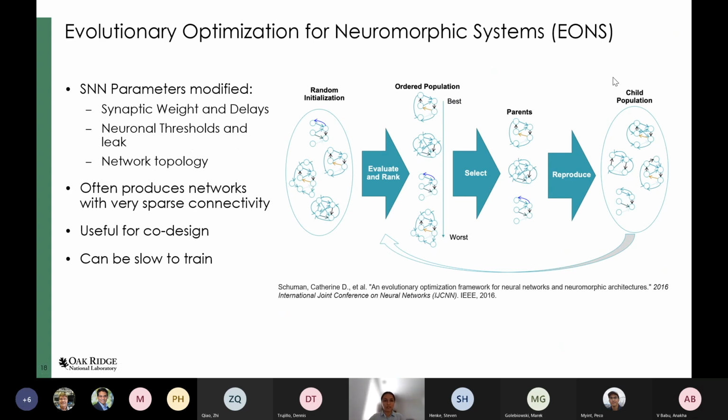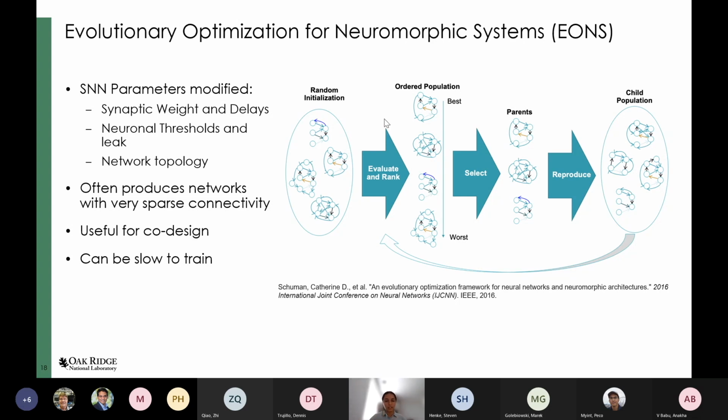One of the most prominent evolutionary algorithms for spiking neural networks is EONS, or Evolutionary Optimization for Neuromorphic Systems, which was developed by my mentor Catherine Schuman. If she is a speaker here, she can delve much deeper into this. But on a high level, what it does is